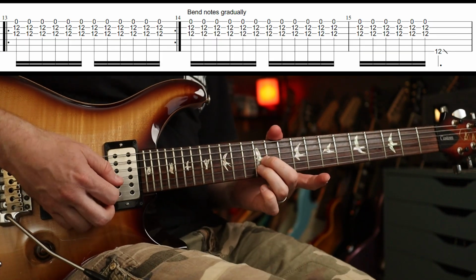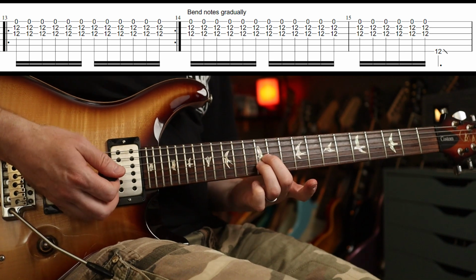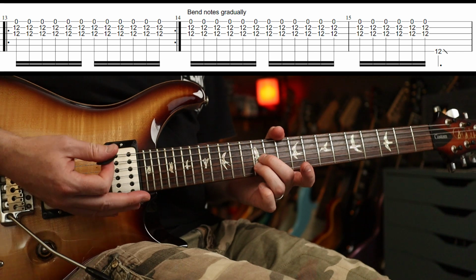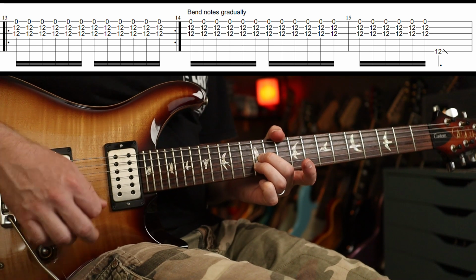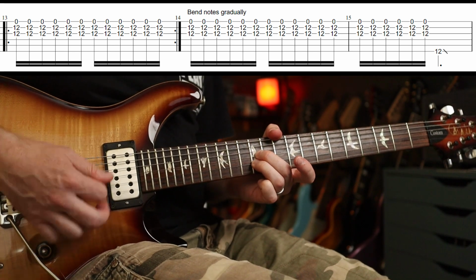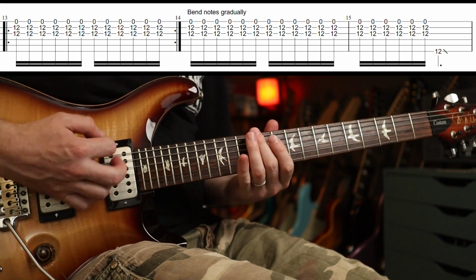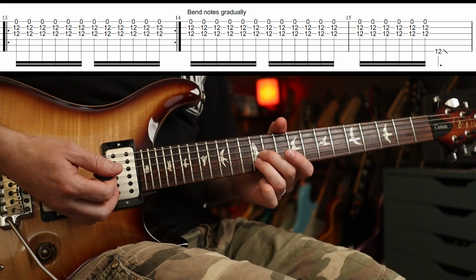Then we go to the 12th fret and we play this. So we're just playing 16th notes, right? But then you're going to bend the notes gradually. So you do 2 bars of this. And then you start bending the notes up slightly. And then you do a little slide down on the 12th fret. Okay, so we'd have...